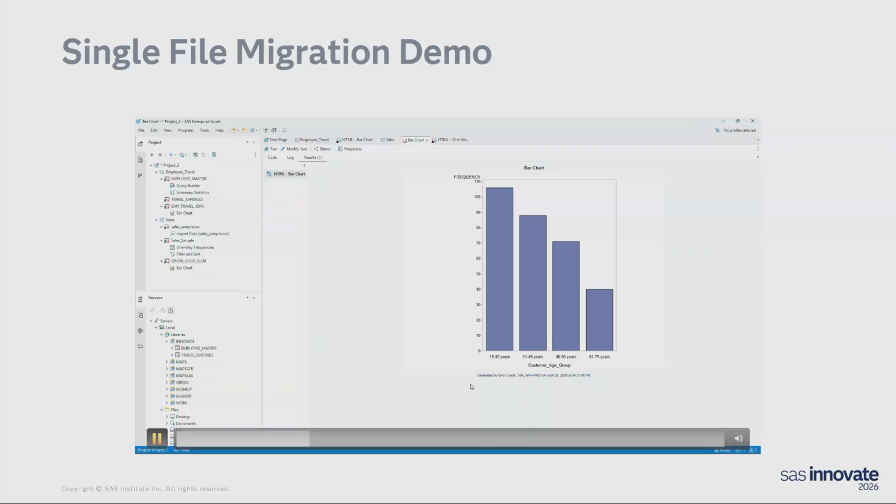We will now switch over to SAS Studio. Before we do, take a quick look at the Enterprise Guide layout. We see everything on the left-hand side and our working space on the right-hand side.